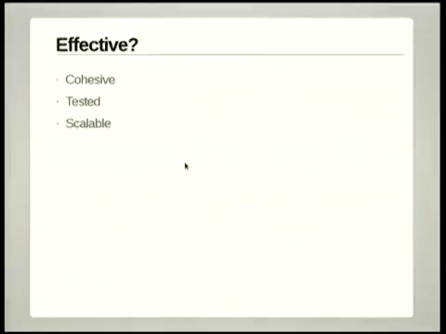So what do I mean by effective Django? There's 3 things that I really hope you take away from this afternoon, and that is that there are ways to use Django that get you up and going really quickly, but they wind up causing problems down the road. And if you focus on these principles of cohesion, testability, and scalability, you're going to wind up with an application that's going to be easier to maintain in the long term, easier to add engineers to, easier to make changes to, because